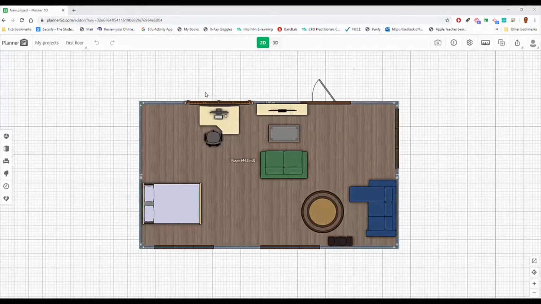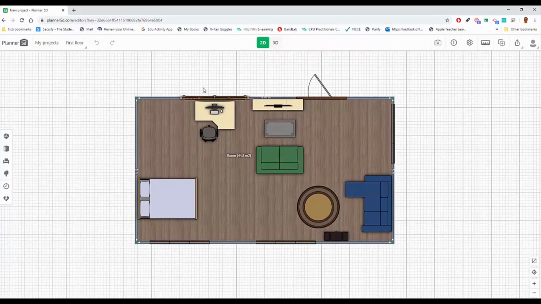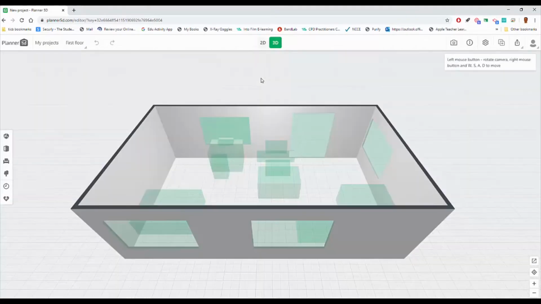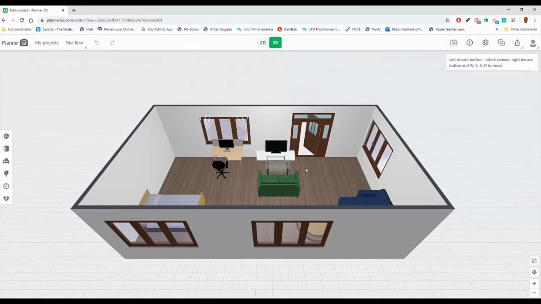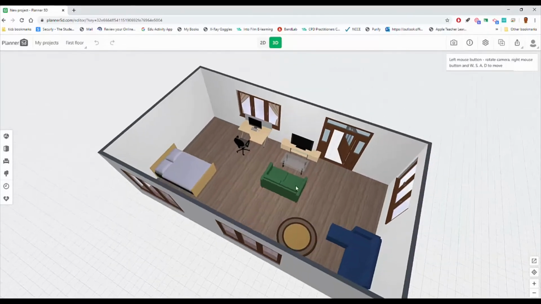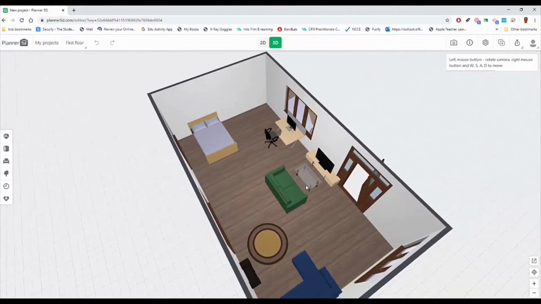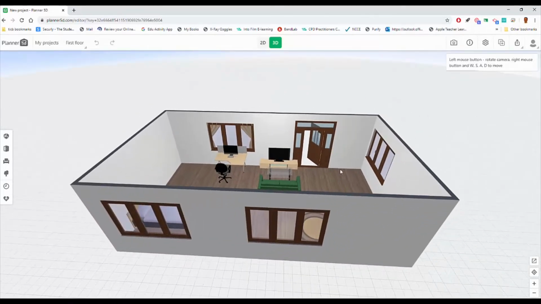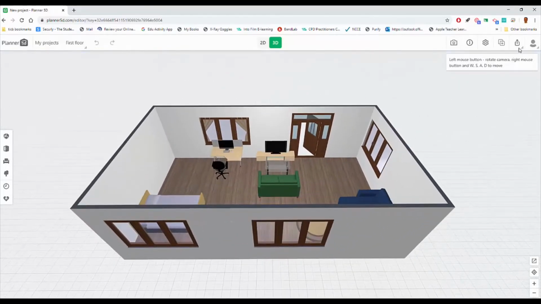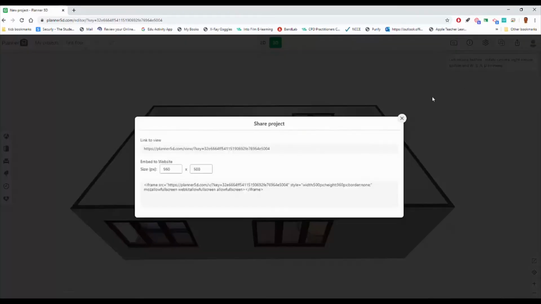So I've come back to one of my other rooms here that I've done a bit more work on. I can click on 3D and have a look at this room and move around it in more detail, see what it all looks like. And I can come up here. If I want to share this with other people, I can click on this share button and click share project,